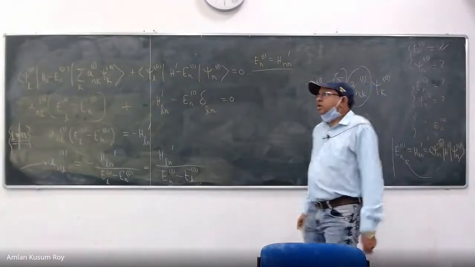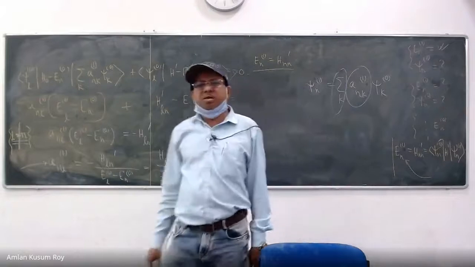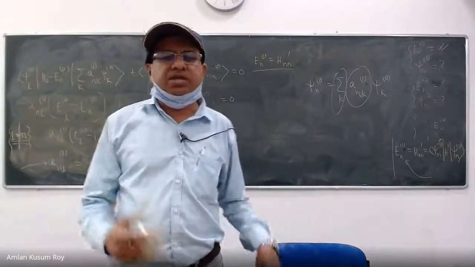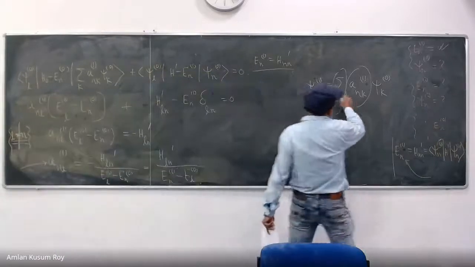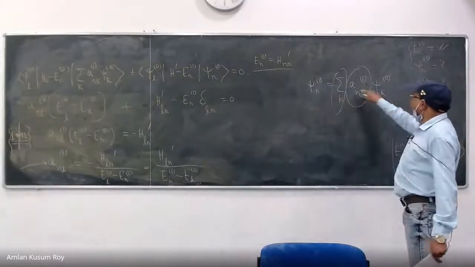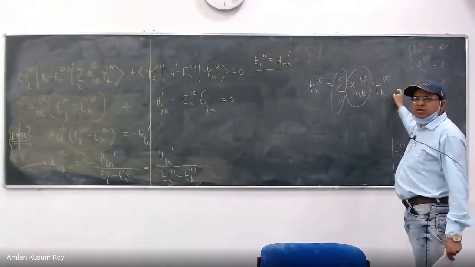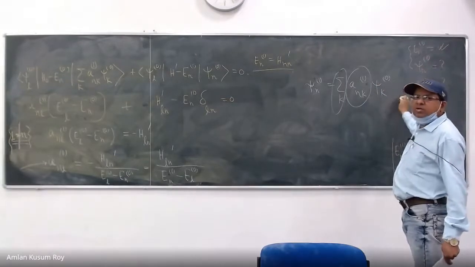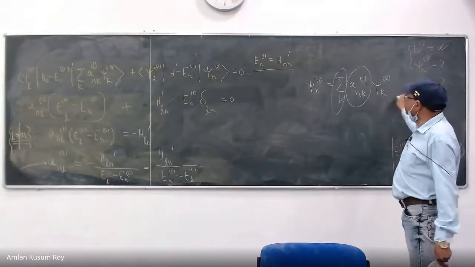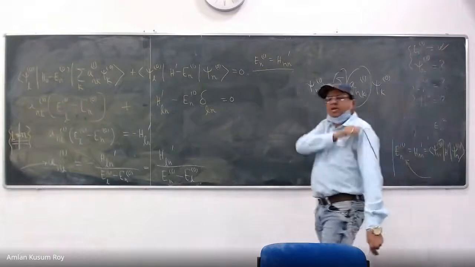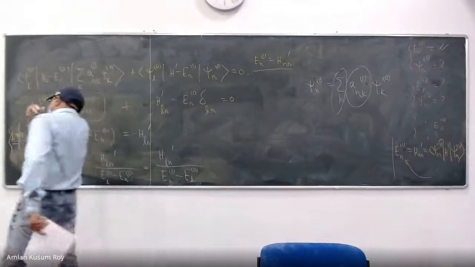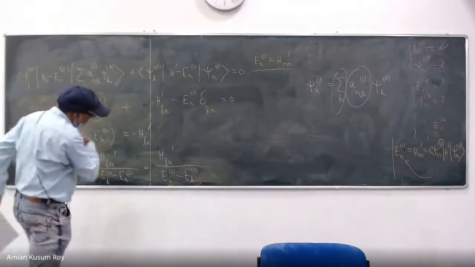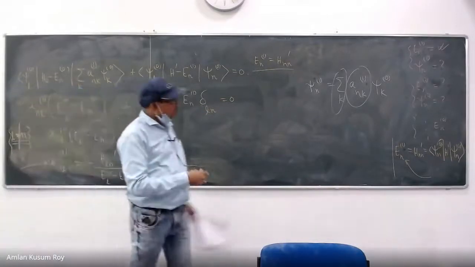But also, for realistic problems, it is not only bound states that you have to see. If there are continuum states, those also have to be included in this sum. That means you will have a summation for the bound states, and you will also have a continuum integration for the continuum states. Right? So it's not a very simple expression, but at least it is better than nothing. We still have something, so I can use this in the first order correction.